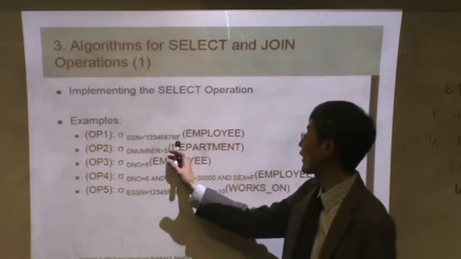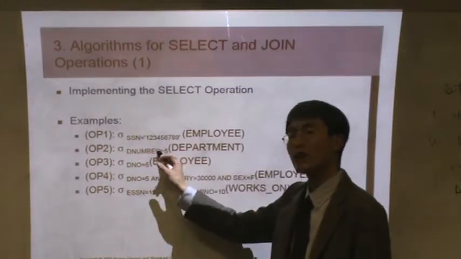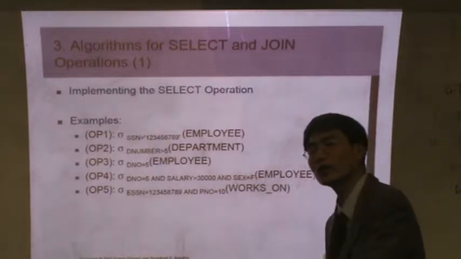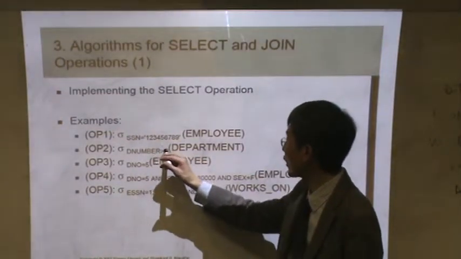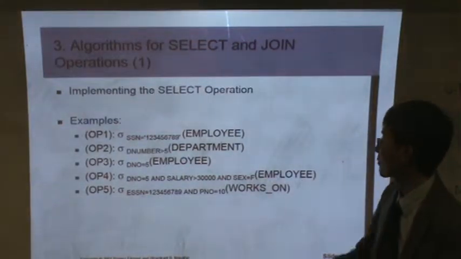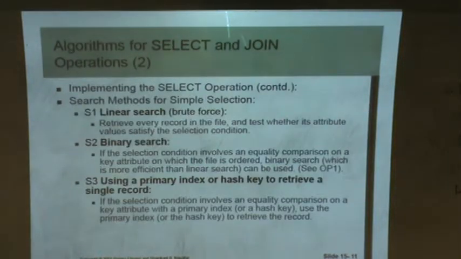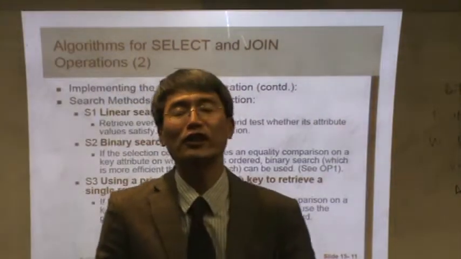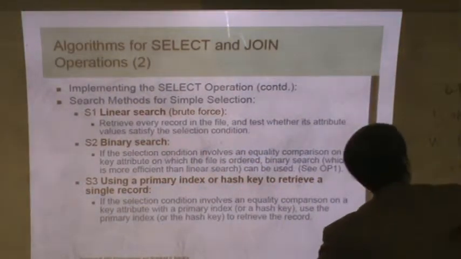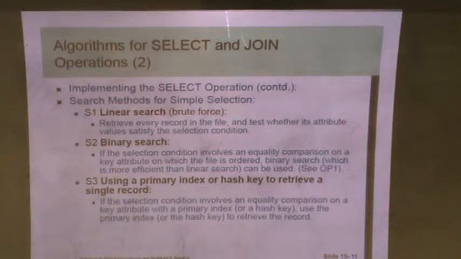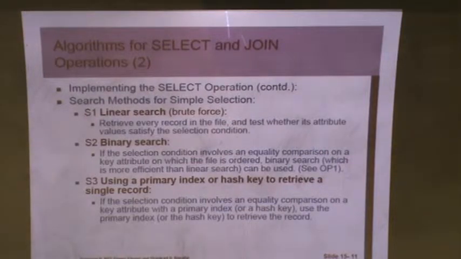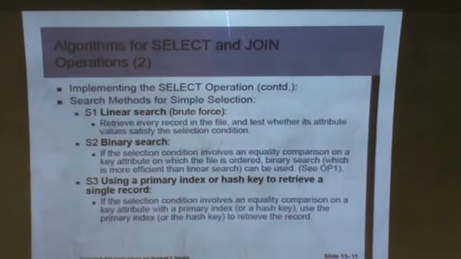Another way is to find the department data using an inequality. We can return all the data bigger than department number 5 and something like that. So we have different ways of accessing the data. We will see them one by one. First one is linear search. This is a naive and the easiest way to access the data. So let's say this is a table, an employee table.